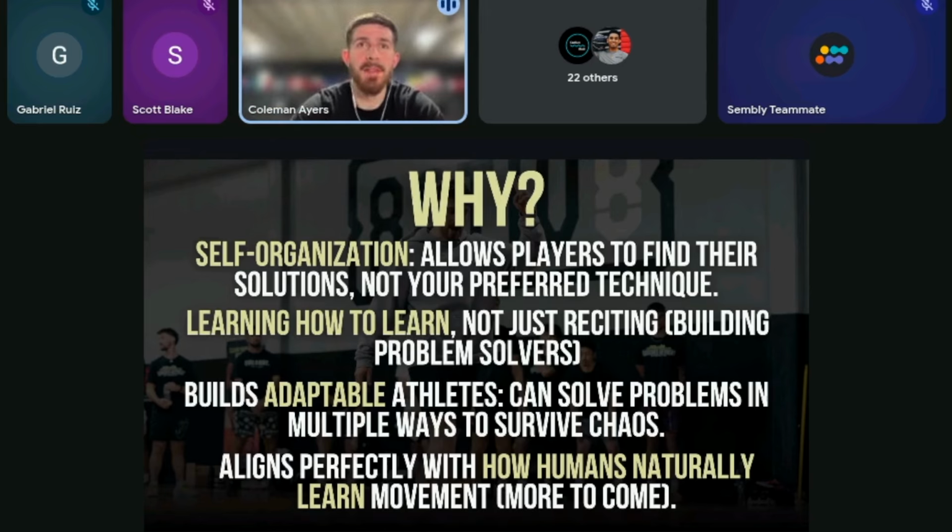They become so much more adaptable. And this is where we see athletes at every level doing things that we would never expect them to do, or we have never seen them do. And that's just because they've been exposed to so many problems that once they see a new problem, it's not like, oh, I've never solved this problem before. It's, oh, I'm a problem solver. I'm adaptable enough to figure this out. And that's where new techniques emerge. And also just aligns perfectly with how humans naturally learn movement, which we'll talk about when we come to the motor learning section. A couple examples here of how this looks in practice.